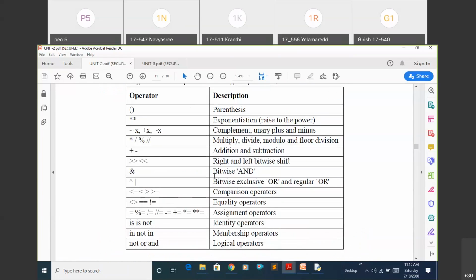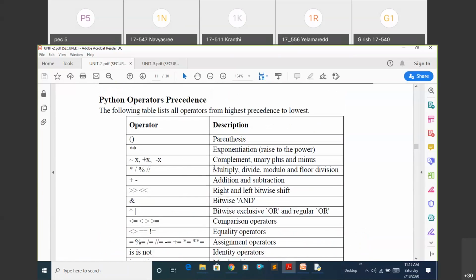Just go through this one, and see which precedence it is following. Go through all the operators and remember that sequence. All these operators came in the operators concept only. Then you can say the exact output, just like what we said, 9. The same way in programming also you can expect the exact output if you follow this sequence.